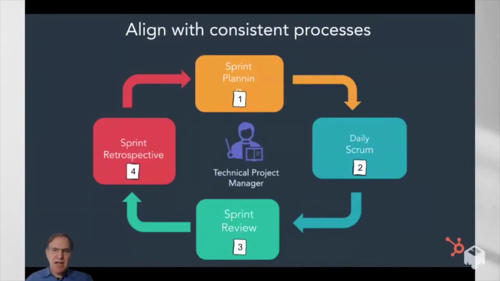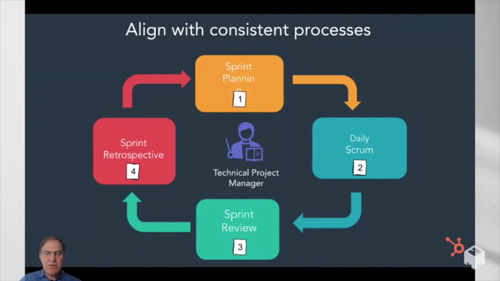The next way to get alignment is to have consistent processes. We call them sprint processes, stolen from the agile business process. So sprint processes exist every week at HubSpot. We basically decide what's going to be in the following sprint. We get alignment with our developers, our QA team, everybody involved in terms of what features and functionality we're going to launch. Today, we do a sprint meeting every week, but we have a release every month. You can then have daily scrums. Some companies do that, some don't, just to ensure that everything is aligned.